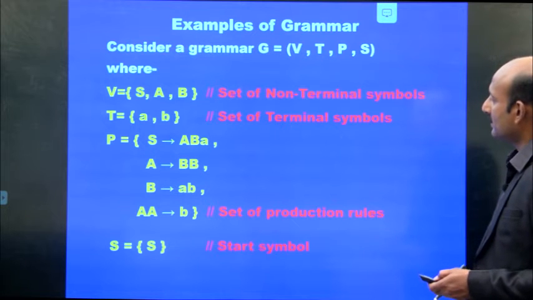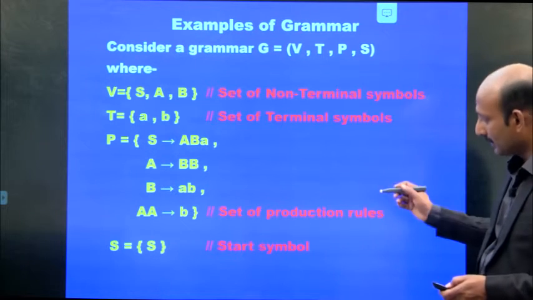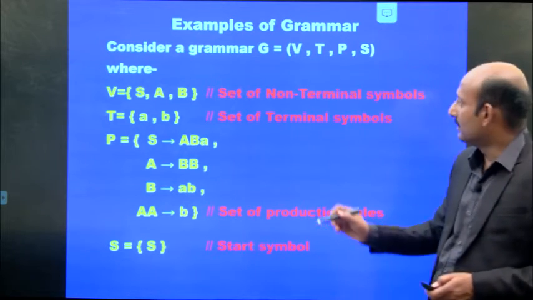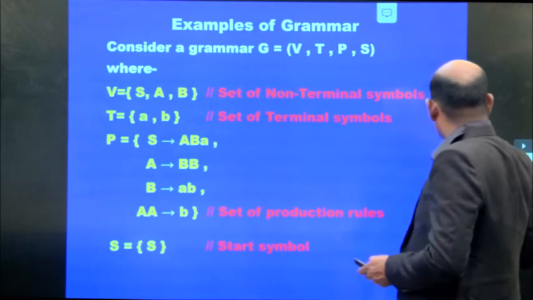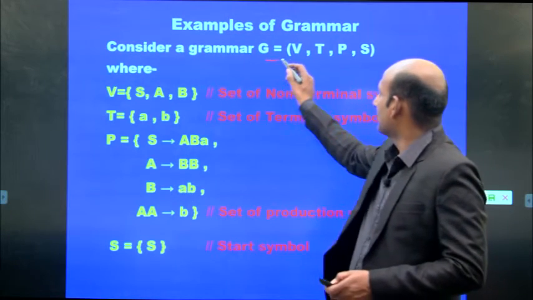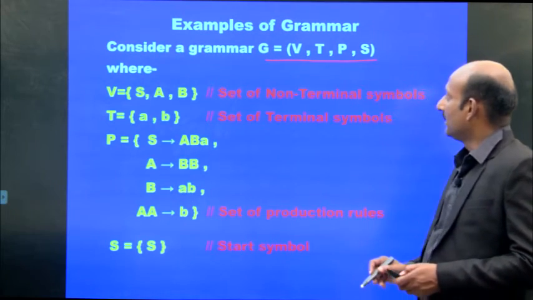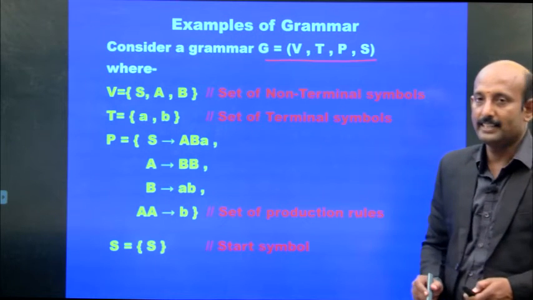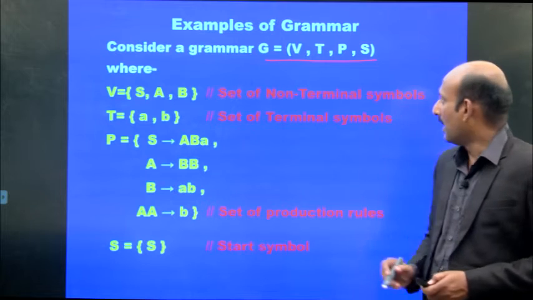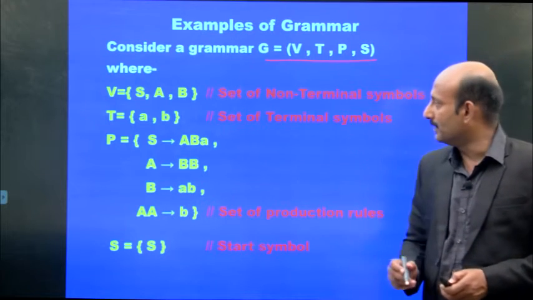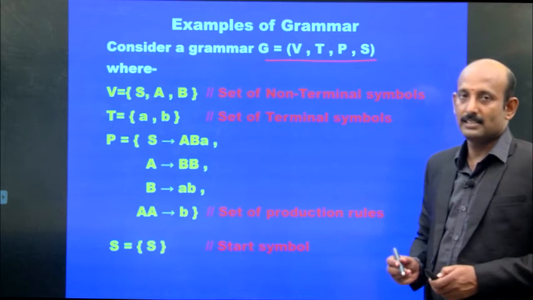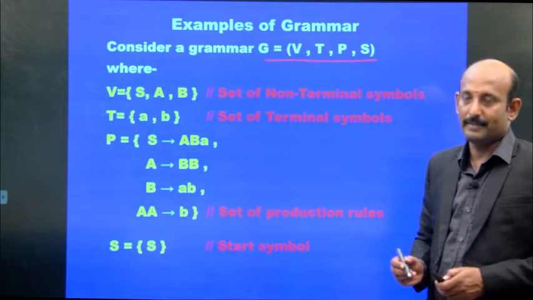Now let's go for see this one. We can take this another production. So consider the grammar G. We may go for another productions. Consider the grammar G that equals V, T, P, S. V stands for variable and T stands for terminal symbols, and P is a production and S is a starting symbol, start symbol.